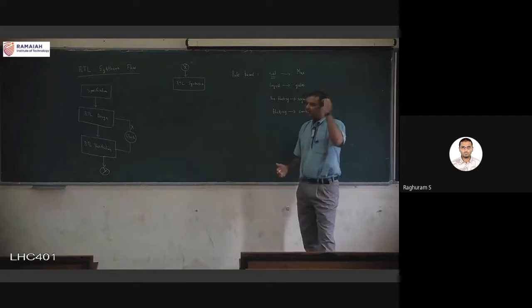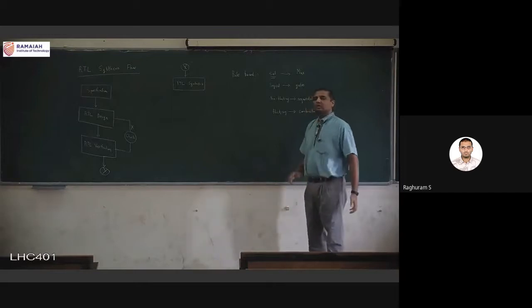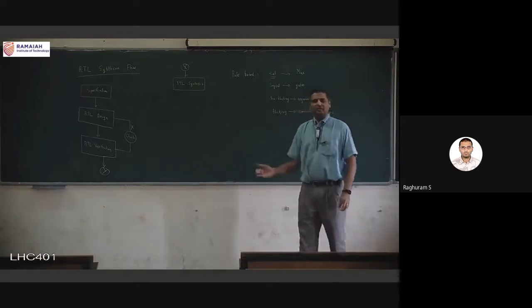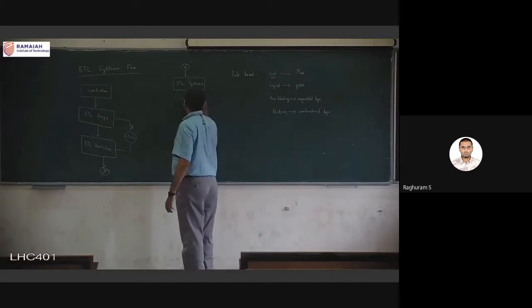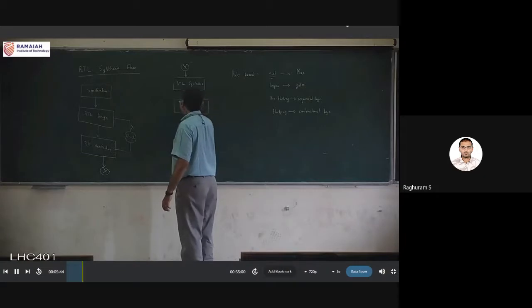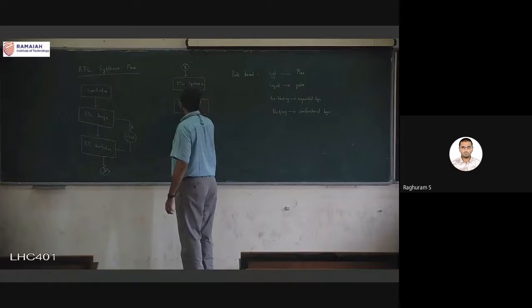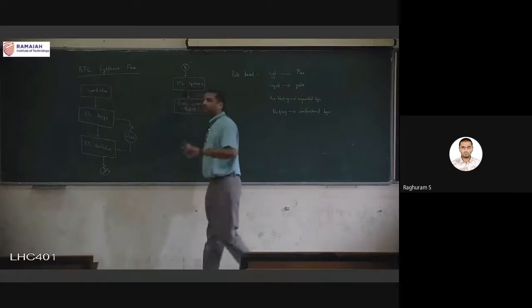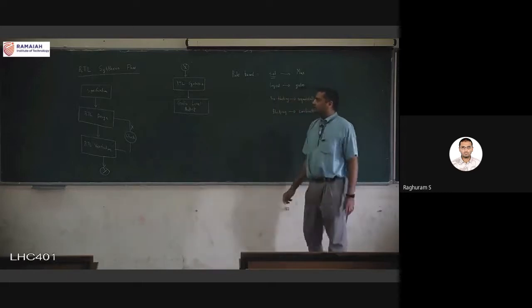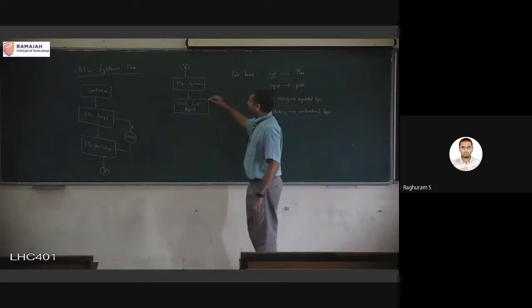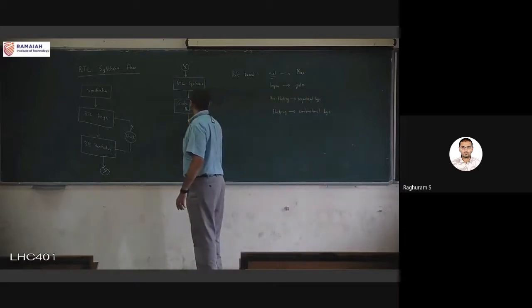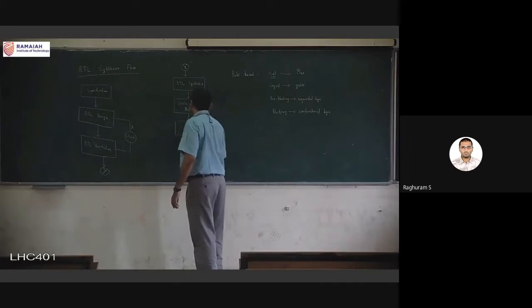Of course, there is some, I wouldn't call it intelligence, but there is some amount of optimization also based on some structural checks, based on some other steps, etc. But at the end of this RTL synthesis, we have transformed the code into a gate level netlist, and with the gate level netlist, before we do anything,